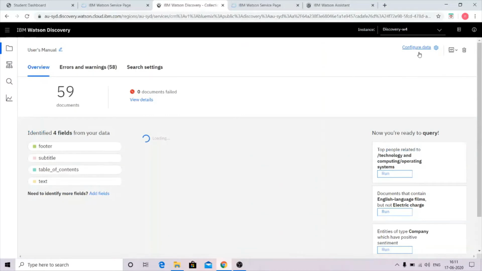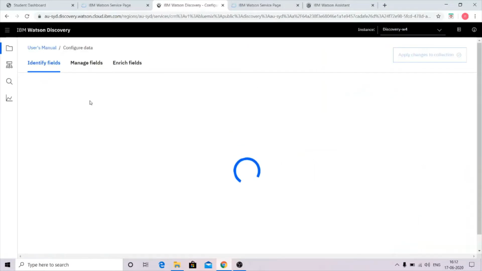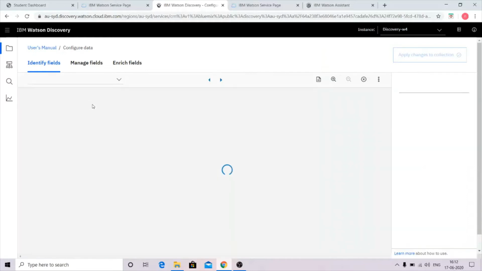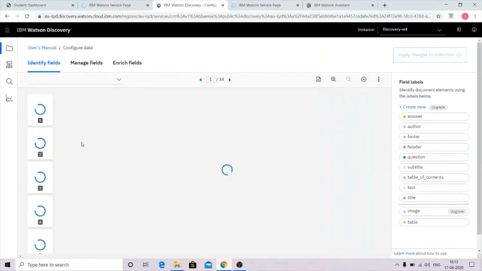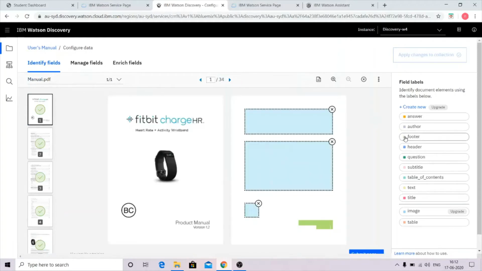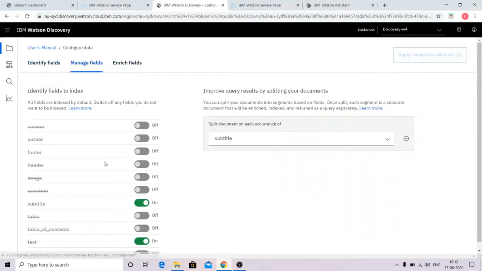We will go in configure data. Here in identify fields, we can manage our fields, like we can make it an answer field, author field, footer. Likewise, here you can see the green one is a footer field, and so on. In manage fields, there are options.